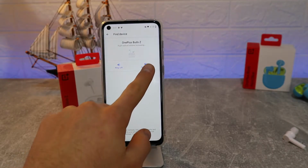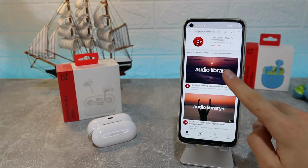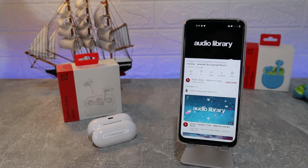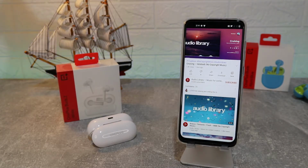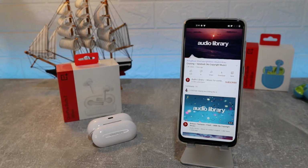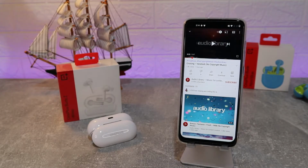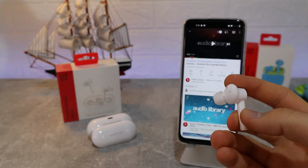So now that we know how to connect and the options, let's go ahead and try them out. We have a good sound here, and let's see how it will sound. I barely can hear myself, which is always a good thing. The bass is really good, the sound is crisp, clear, and as soon as I pull out the one earbud,